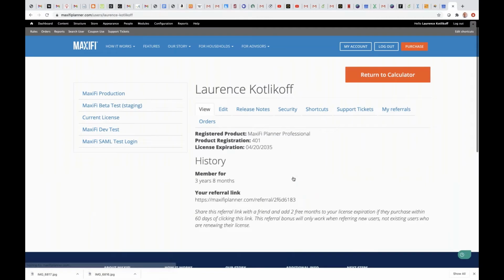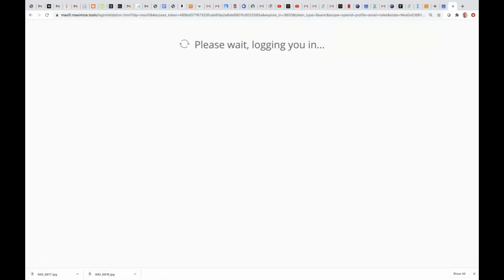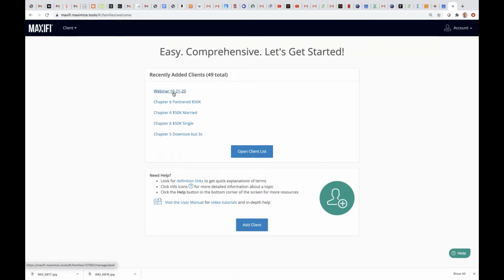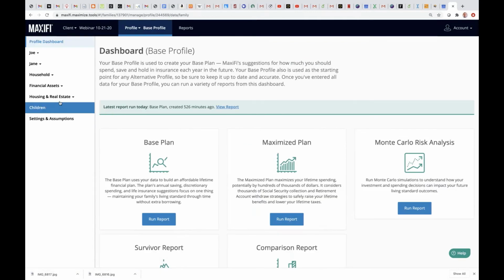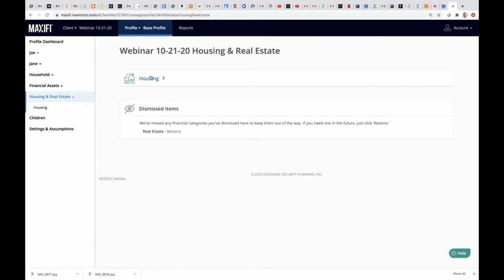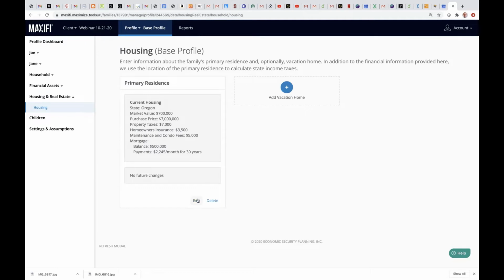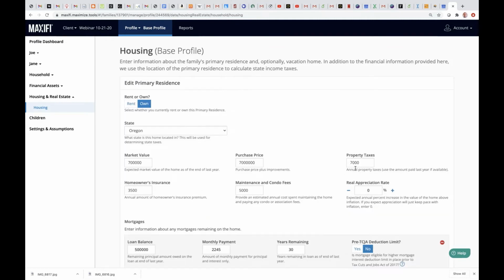Oh yeah, it does. I'll show you the base case for Joe and Jane right now. So let's just look at their base profile. And under housing, I've entered property taxes right here, $7,000 a year, and that's staying fixed in today's dollars. Homeowners insurance, $3,500. Maintenance and condo fee. Well, they don't have a condo, but maintenance, $5,000 a year. And I'm thinking also about utilities in this context. So you enter right here, and then